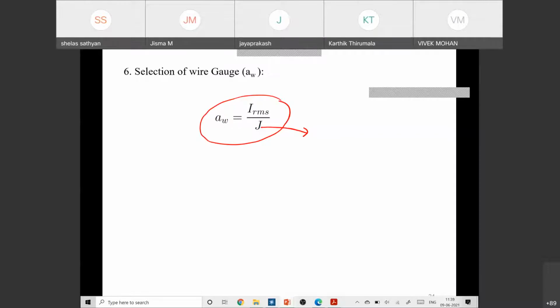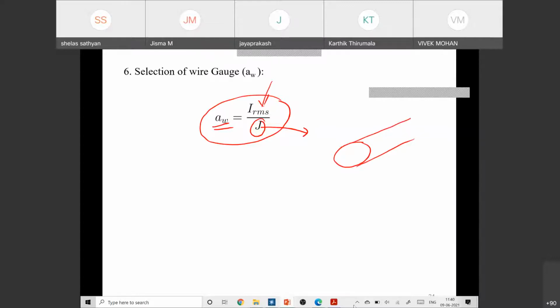If you have forced cooling, some fan or something giving enough cooling, then you can increase this current density up to 7 or 8 amps per mm square. That is not a problem. But most of the time in our laboratory or research purposes, we may be making an inductor which may not be working 24 into 7 hours. So in that case, a bare conductor is sufficient. Since you already know the IRMS, and it is a bare conductor, you fix your current density around 3 ampere or 5 ampere, then you can find out what should be the area of the conductor required.